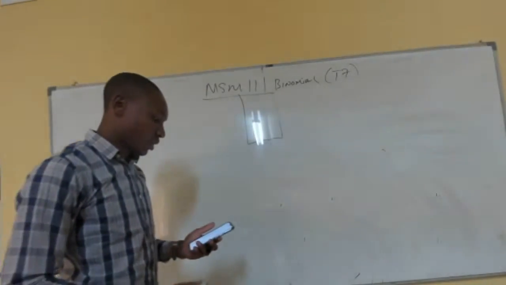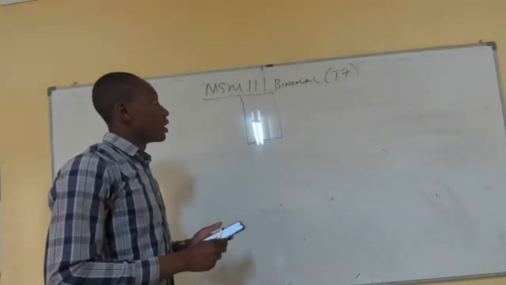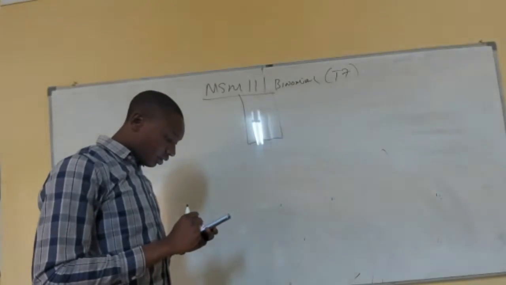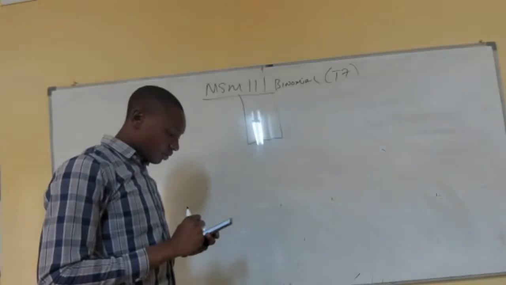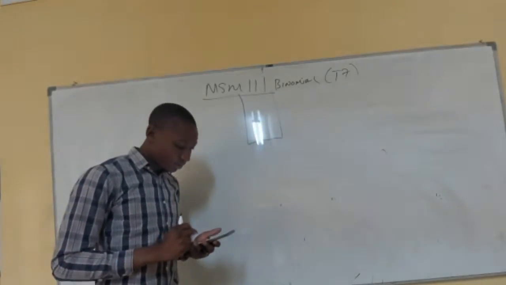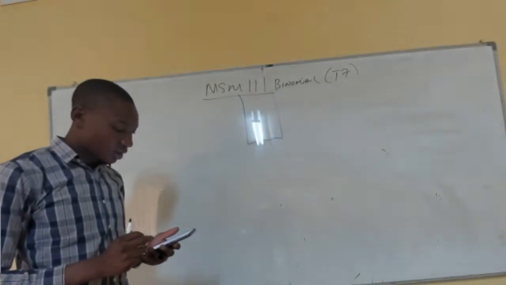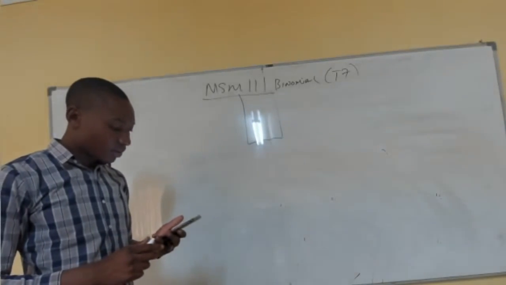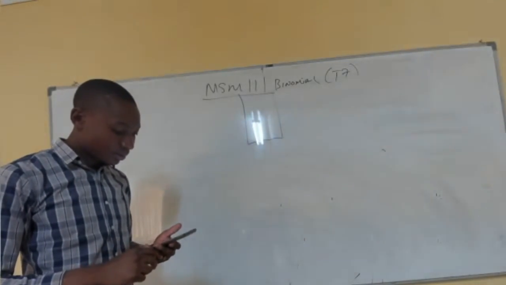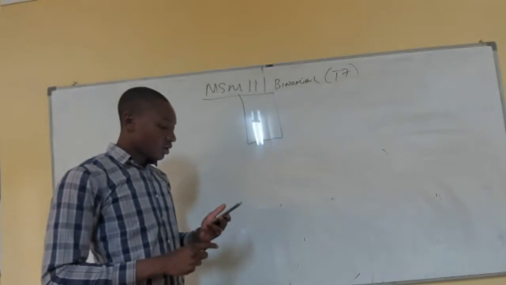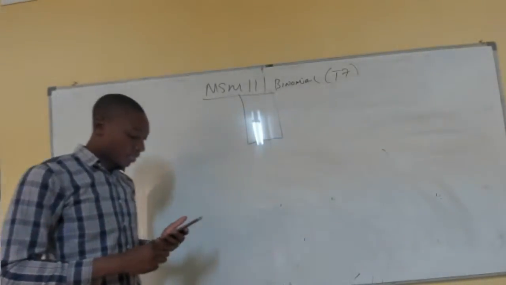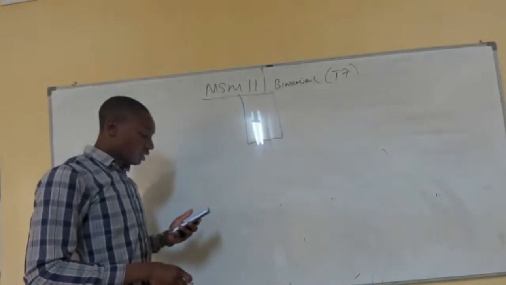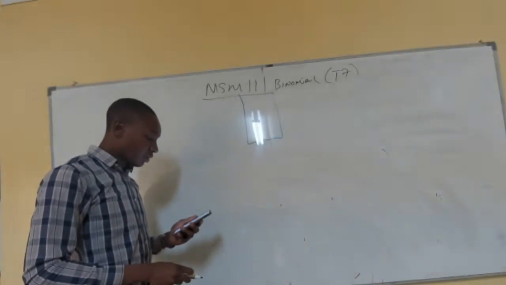Alright, so MSM 111, tutorial 7. Binomial. Start from question 3. Actually, let's do question 4 instead, okay? It says write down the expansion of